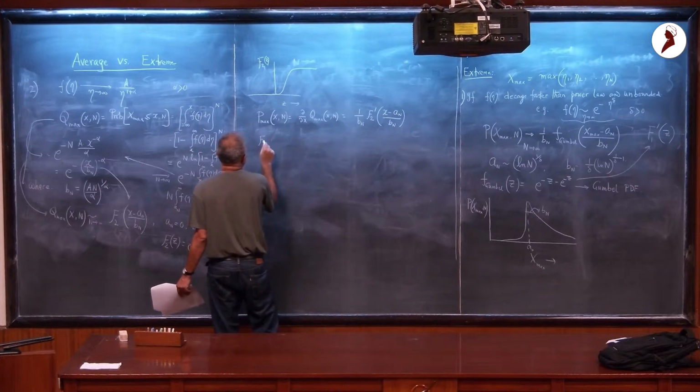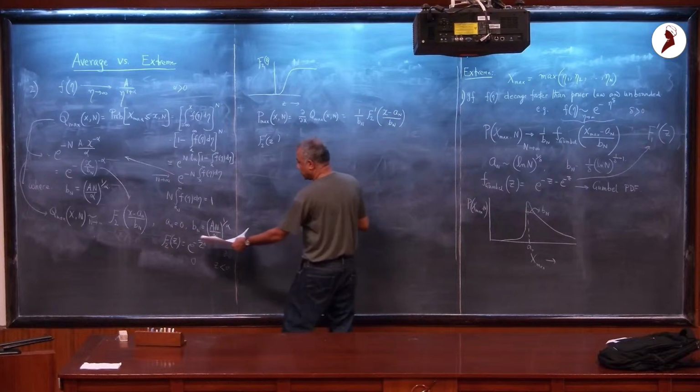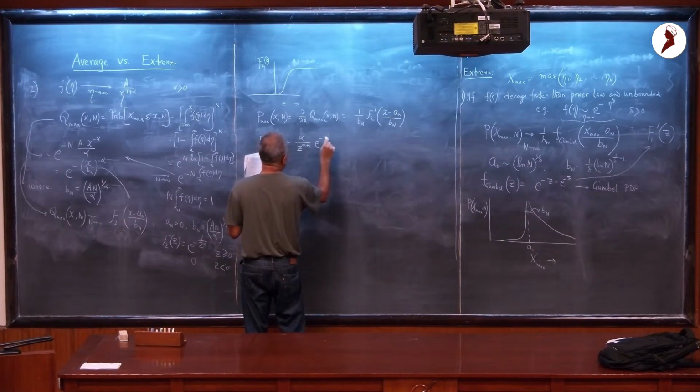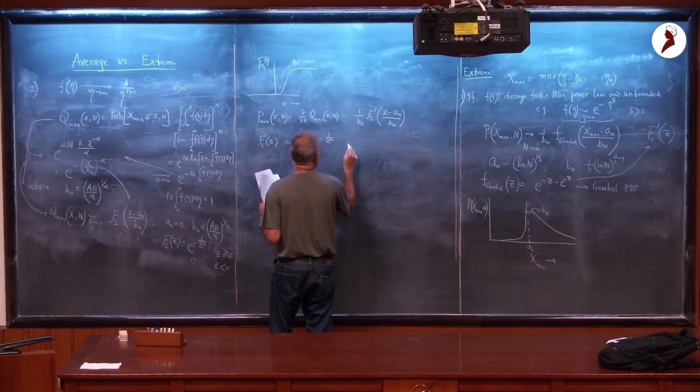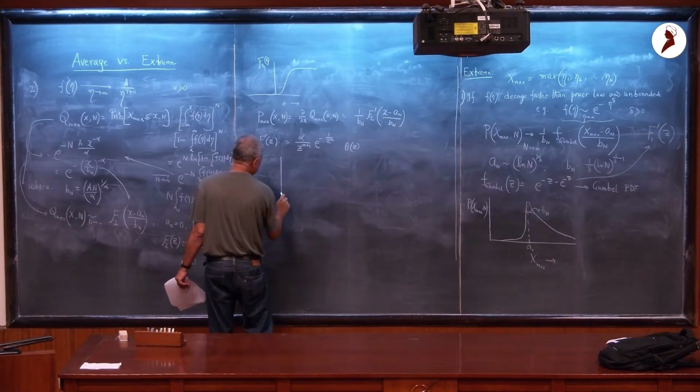Where this f2 prime of z, so f2 of z is this, if I take a derivative of that, so this just becomes... and of course z is positive, theta of z. For z negative, it's 0 identically. So if I plot this function now, this PDF, the scaled PDF,